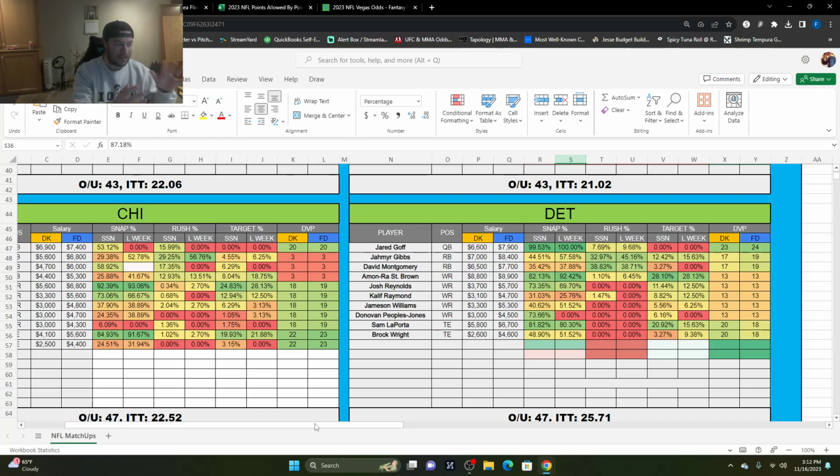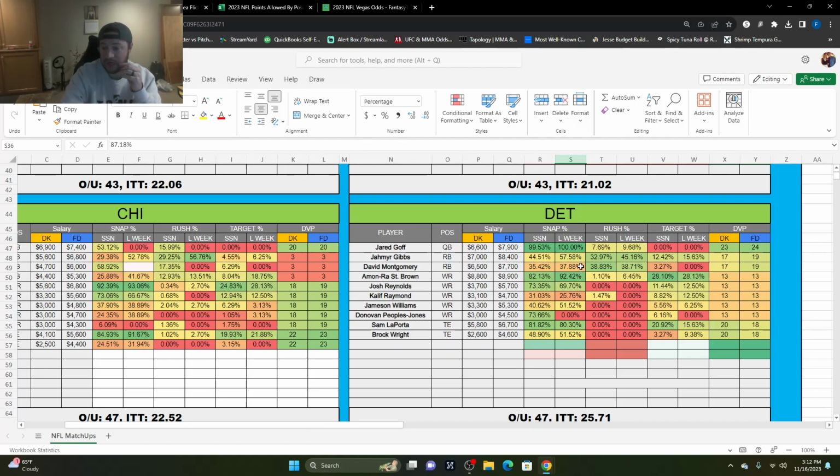David Montgomery came back last week. I was a little bit scared about it because I have Jahmyr Gibbs in my season long. David Montgomery, it looks like he's on the back burner. We looked at the snaps. As you can see, last week, Gibbs played 57% of the snaps,